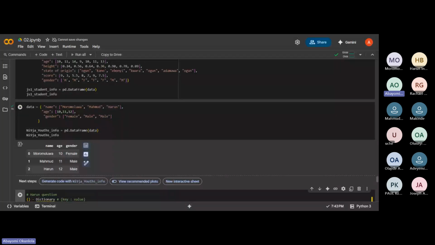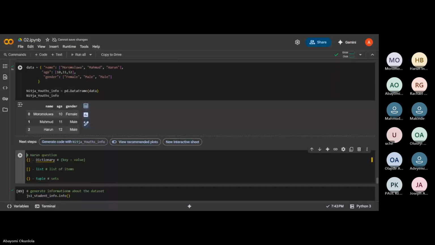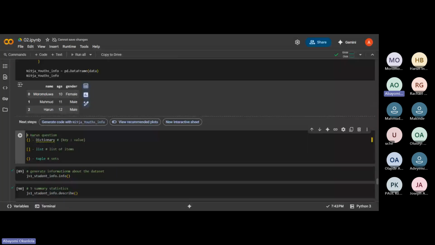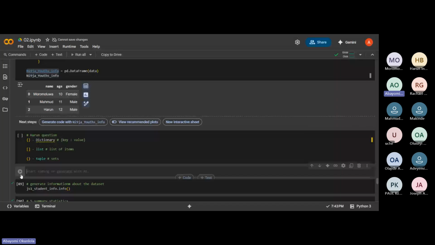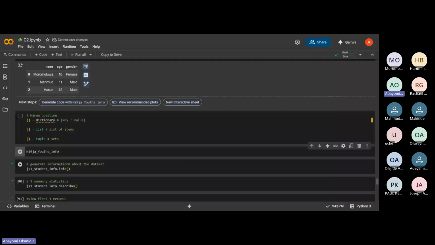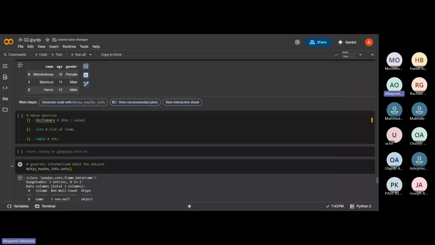Okay, all right. So moving on, if we want to generate information about the data set, how do we do that? All we need to do is just call the .info. So I say nigeryouth.info.